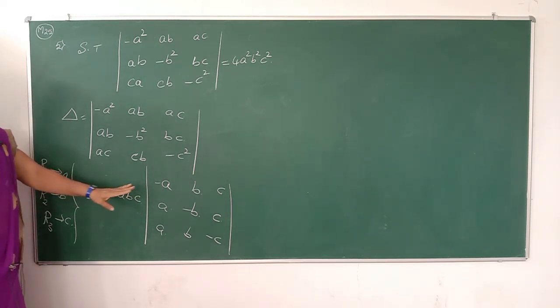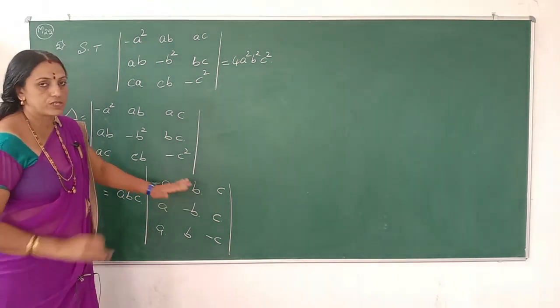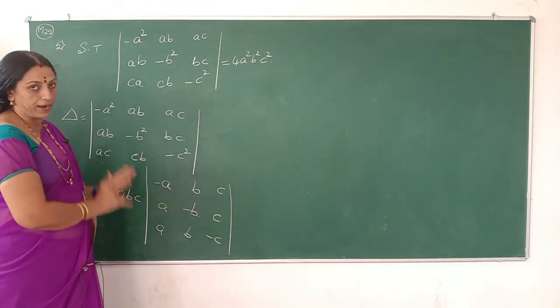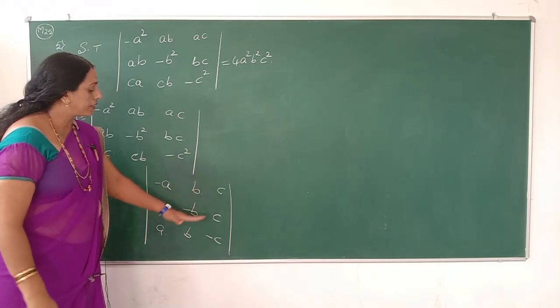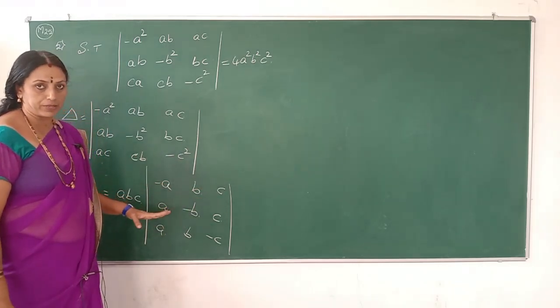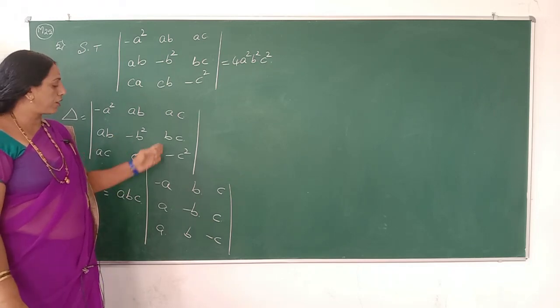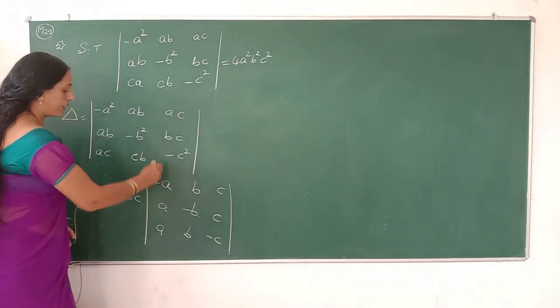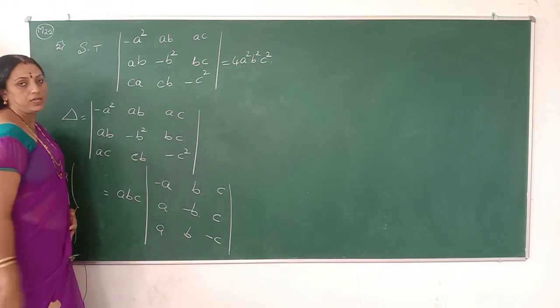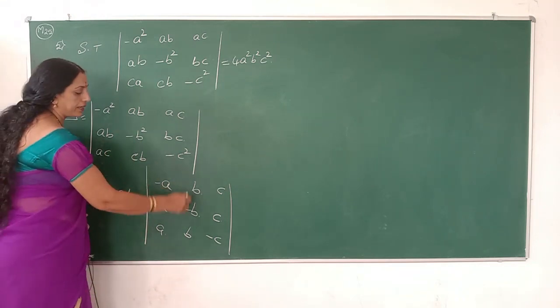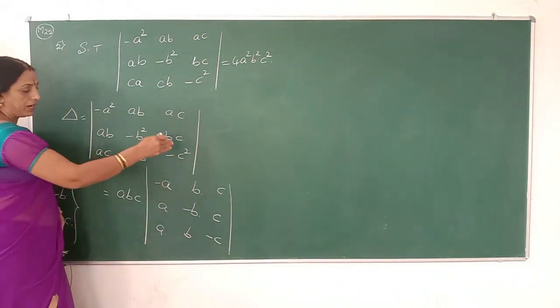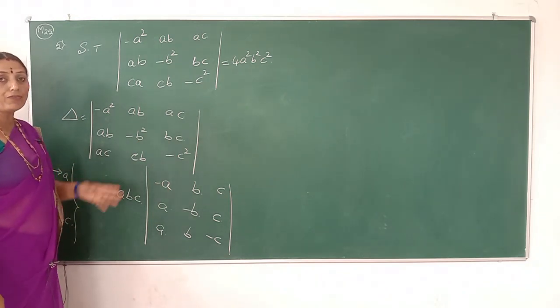So, again we will observe the elements of the determinant. Once the elements have a common factor, again we will observe the remaining elements of the determinant. These are also multiples of some elements, in the form of columns. So we will observe the elements of the first column, it's a multiple of A, in the second column it's a multiple of B, and in the third column it's a multiple of C.